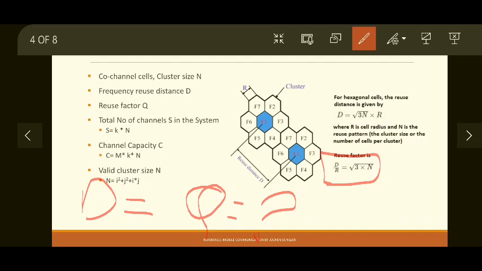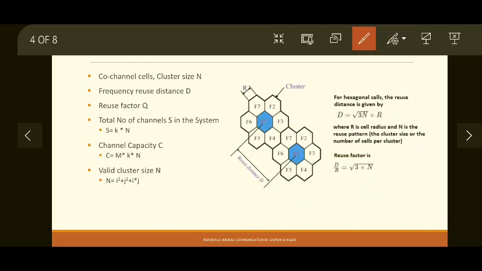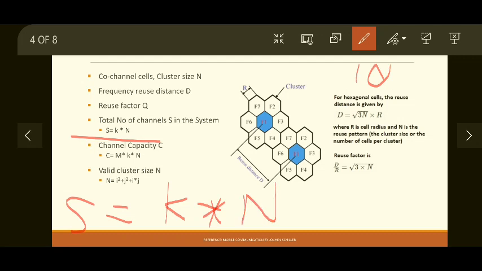Then the total number of frequency channels available in the system can be calculated using a simple formula. S is equal to k into n, where k is the set of frequencies allocated to one cell and n is the number of cells in a cluster. So k is the set of frequencies in one cell. Let's say F1 has 10 frequencies and n is the number of cells in a single cluster. In this diagram there are 7 cells in a single cluster. So 10 into 7, the total number of channels available in the system is 70. That's how you can